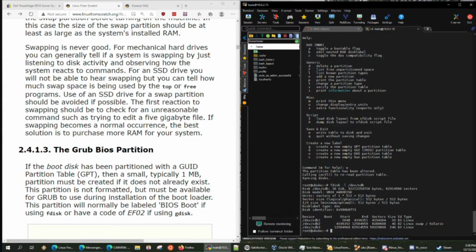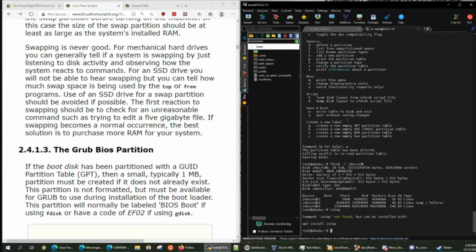Y'all, we're gonna go a little sidetrack here. I'm gonna tell you about how programs within Linux talk to a disk, because when you write a file, it's not going directly to the disk. In fact,